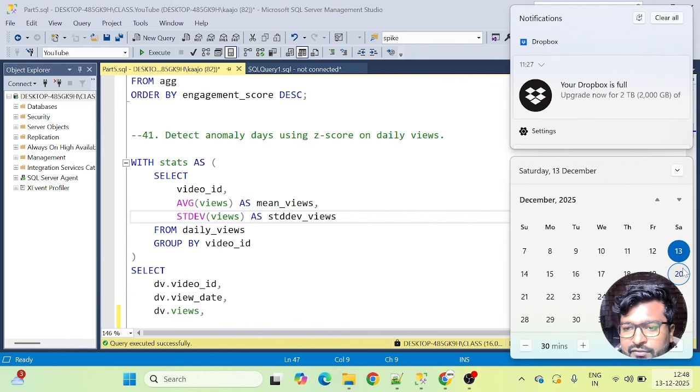And if you want to calculate the z-score, the z-score will simply tell you, let's say, if there is a spike in the number of views. Let's say you published that video today and got 1000 views, and tomorrow suddenly you get 5000 views. So your z-score will be a big number, and that will signify that there was a spike on this specific day.